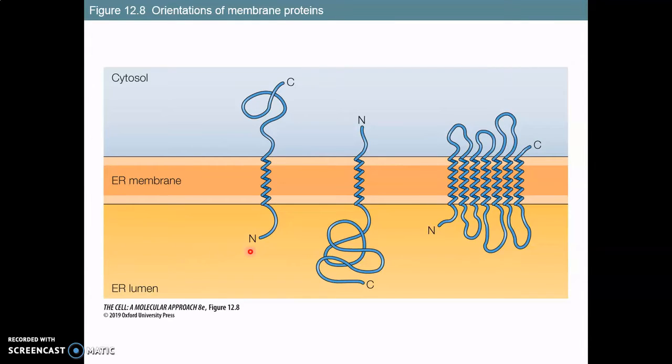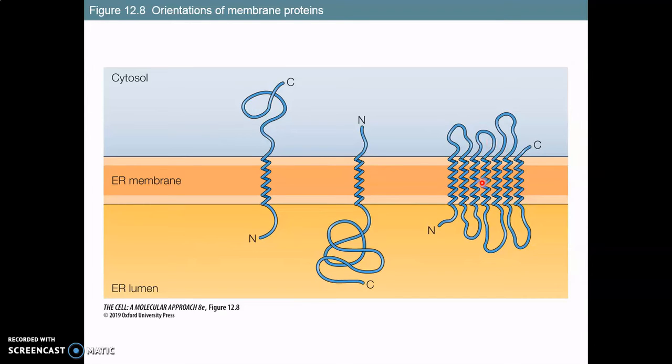For example, we could have a protein that just has a single alpha helix spanning the membrane, and we have the N terminus on the ER lumen side and the C terminus on the cytoplasm side. Or we could have the exact opposite. We could have a single spanning alpha helix with the N terminal on the cytoplasmic side and the C terminal on the ER lumen. Or we could have something much more complex, a multi-spanning